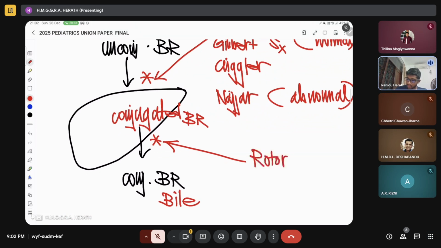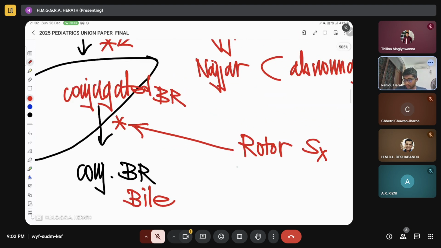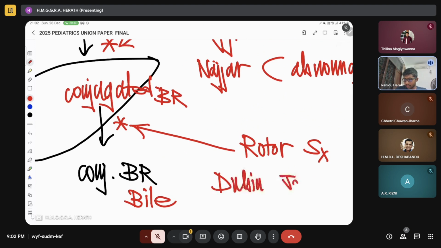And those examples are Rotter syndrome and Dubin-Johnson syndrome, right? So you need to know the names of these conditions, because these will come into play when